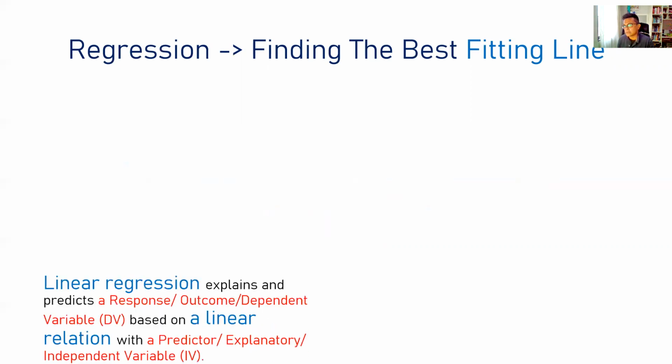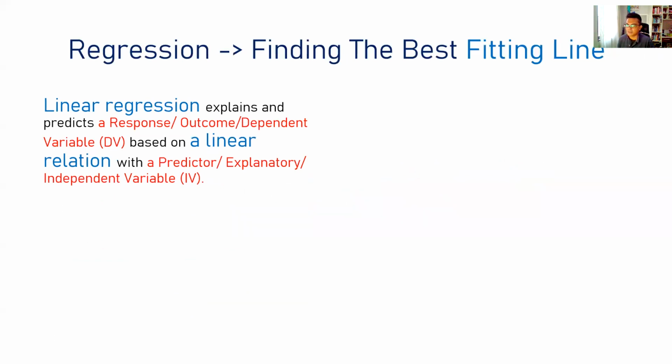Actually, linear regression explains or predicts a response or dependent variable based on a linear relation with its predictor or independent variable. So we try to get an idea of what the dependent variable will be if we have a specific value of the independent variable. And then how can we do this? Usually,